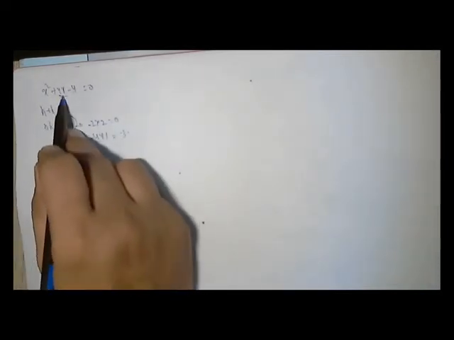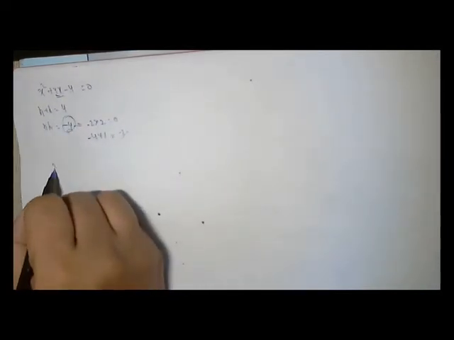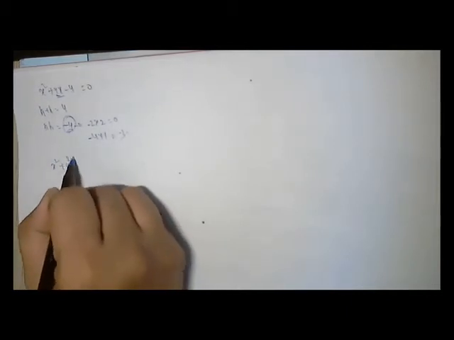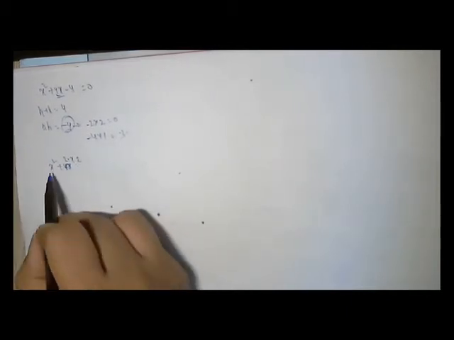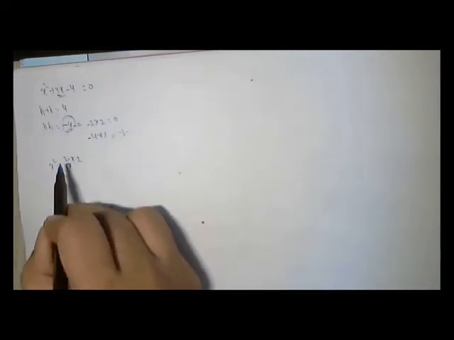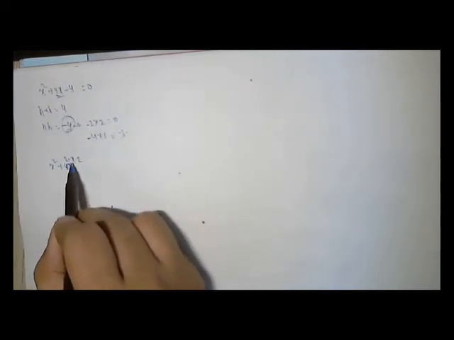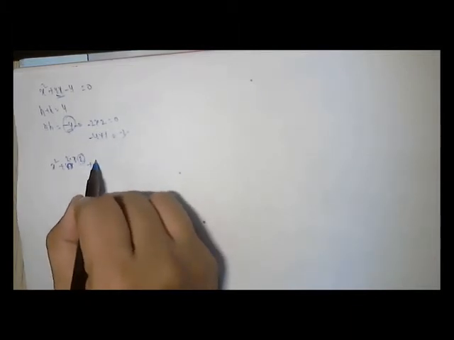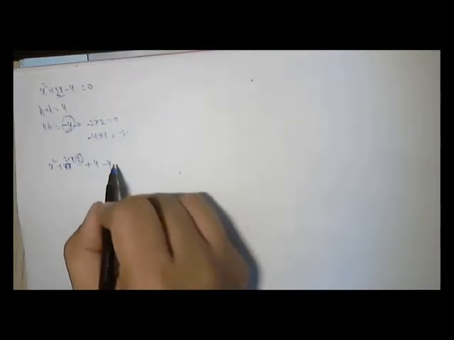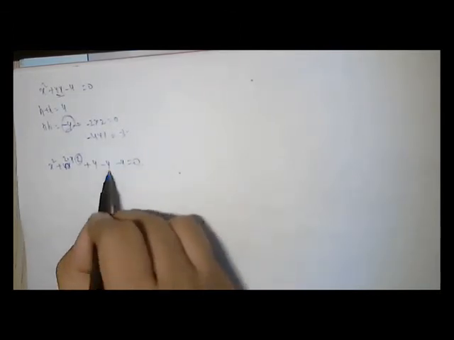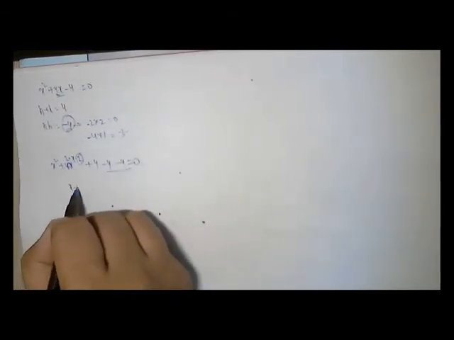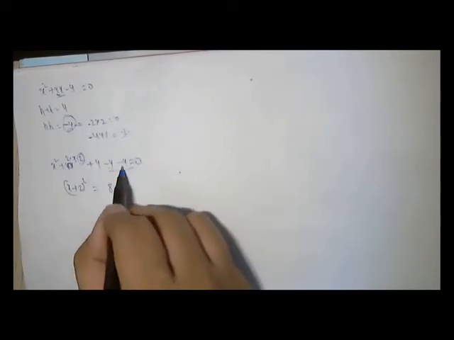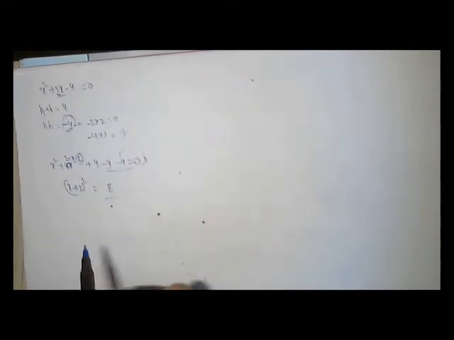So then we'll do it by the squaring method. Let us see. x square plus, let us put 2 into x into 2, that is 2ab. 4 can be written as 2 into 2. So 2 into x into 2. So I have b as 2. So I have added b square, and I have to subtract b square. So minus 4 is 0. This will go to the other side. So x plus 2 whole square is equal to 8. Minus 4 goes to the other side as plus 8.